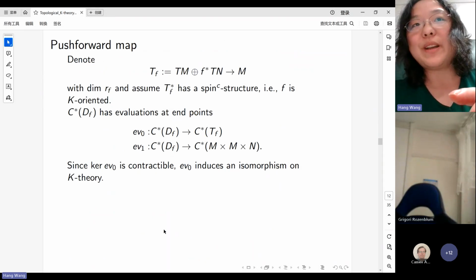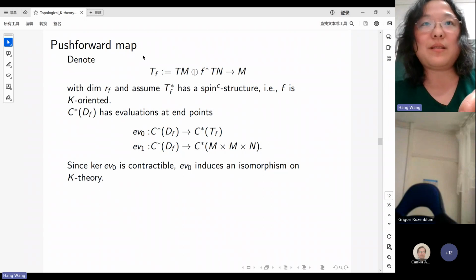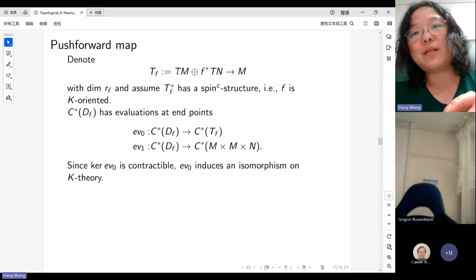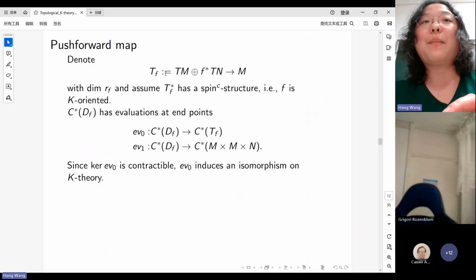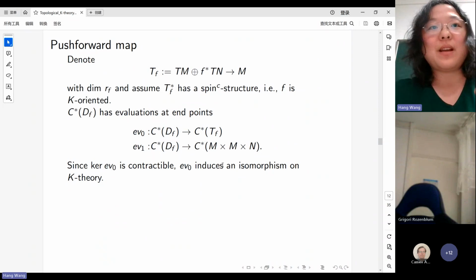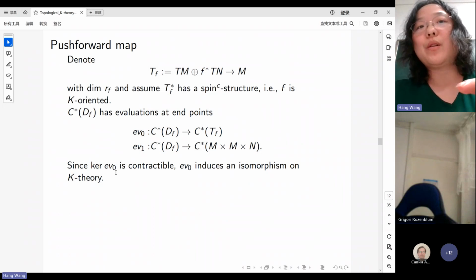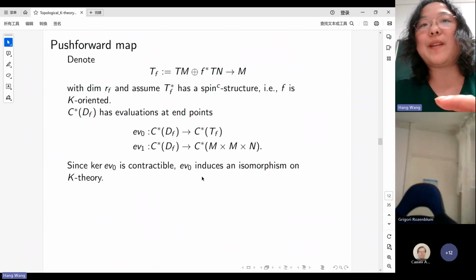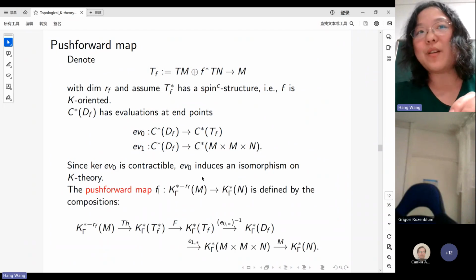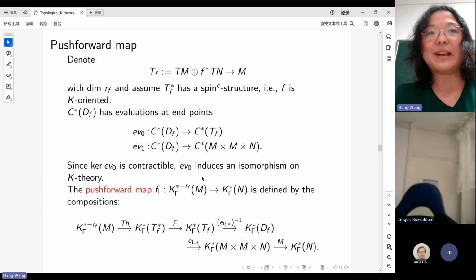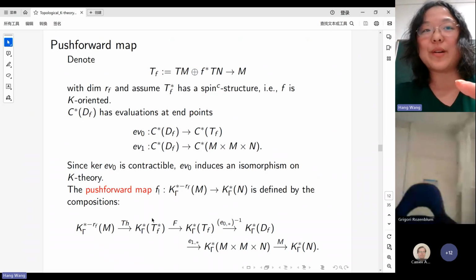With this deformation groupoid, let us denote the normal bundle regarding the inclusion by TF. And one can construct C-star algebras to that deformation groupoid and create two evaluation maps at 0 and at 1. Because the kernel of the evaluation map at 0 is contractible, the evaluation map at 0 induces an isomorphism on K-theory. Because of all these preparations, one can finally define the push-forward map on K-theory by the